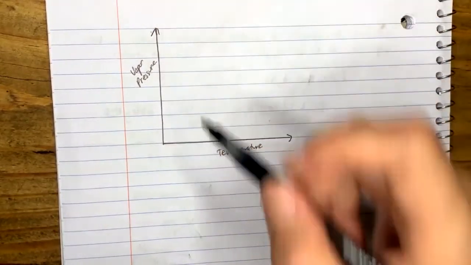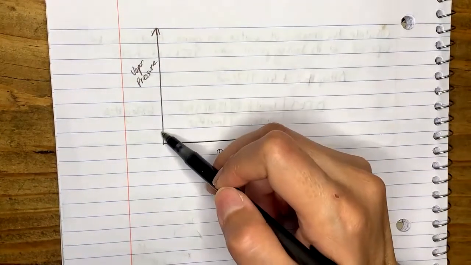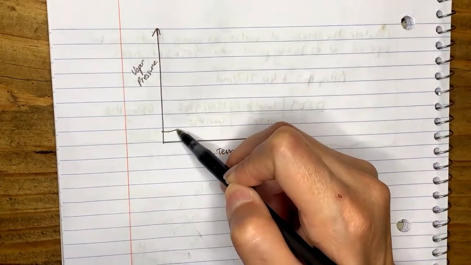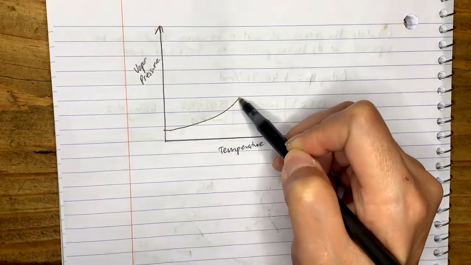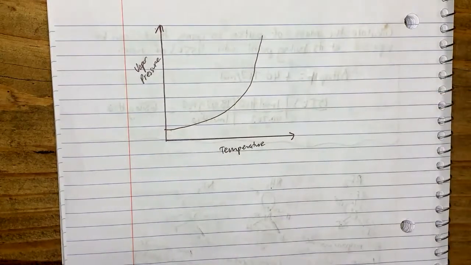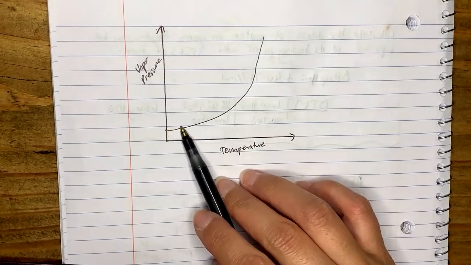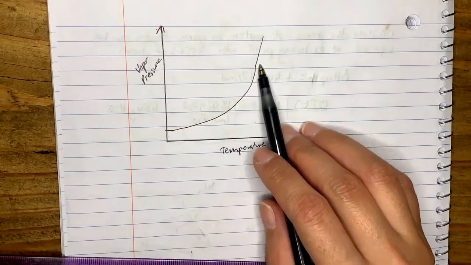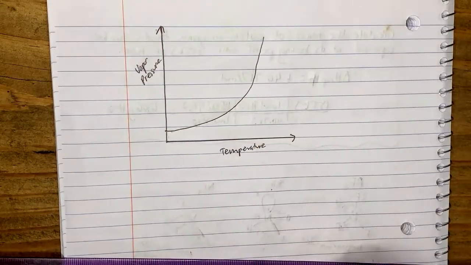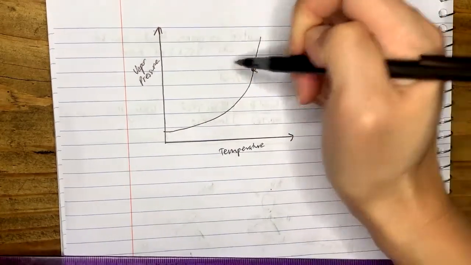And then we can measure it. So we're saying that when you have any liquid, if you increase the temperature, there'll be more vaporization happening. So then you'll have a higher vapor pressure because there's more gas. So here is the vapor pressure curve. The higher the temperature, the higher the vapor pressure will be. That's called the vapor pressure curve. On this vapor pressure curve, if you see in this case,